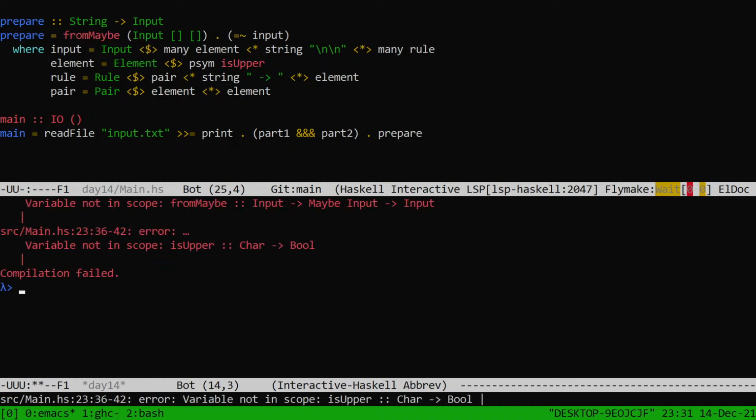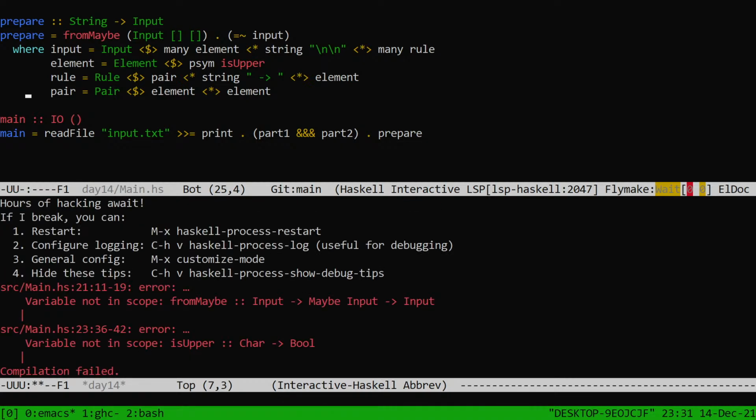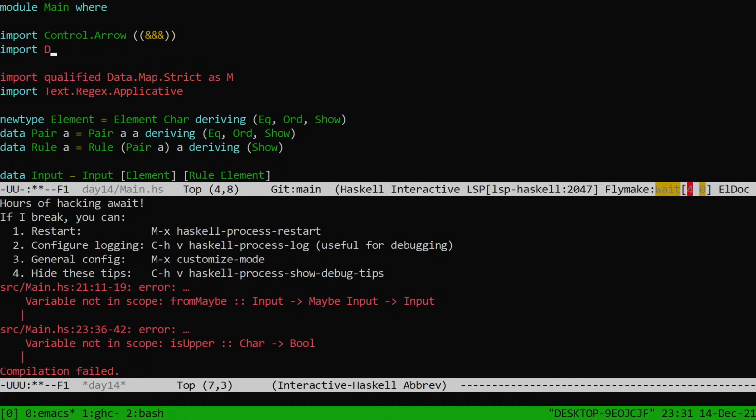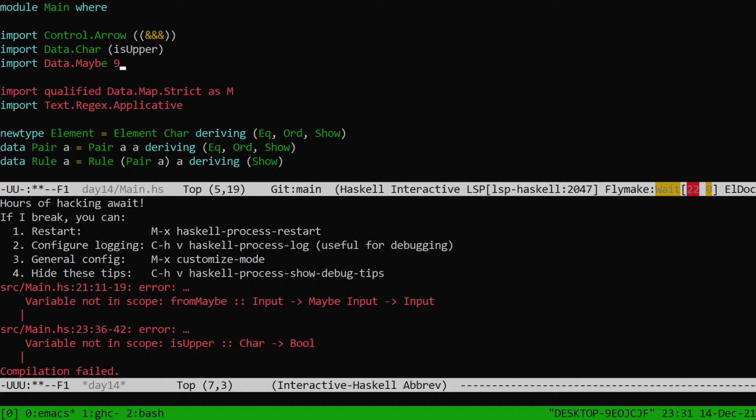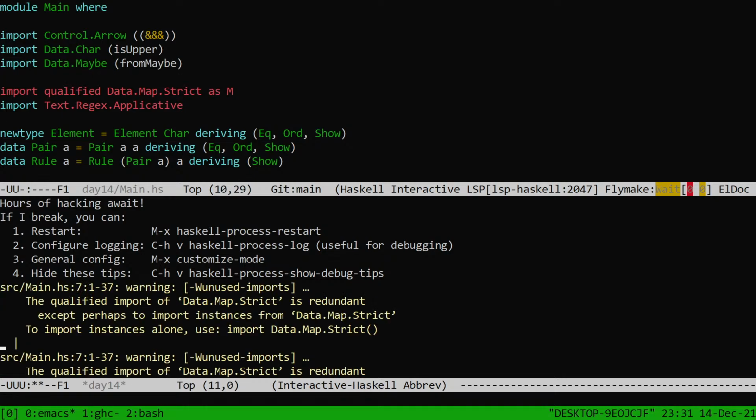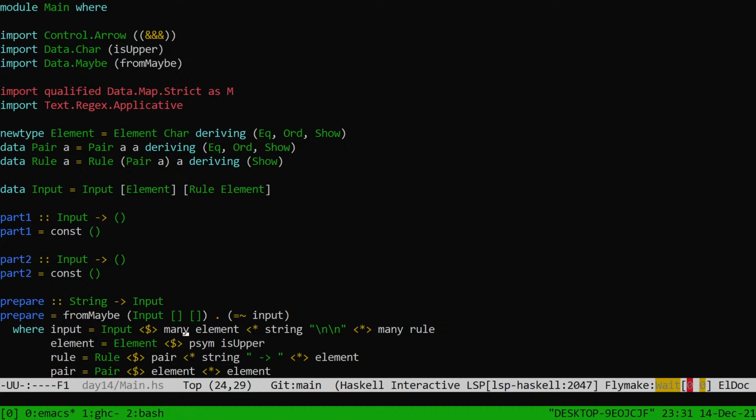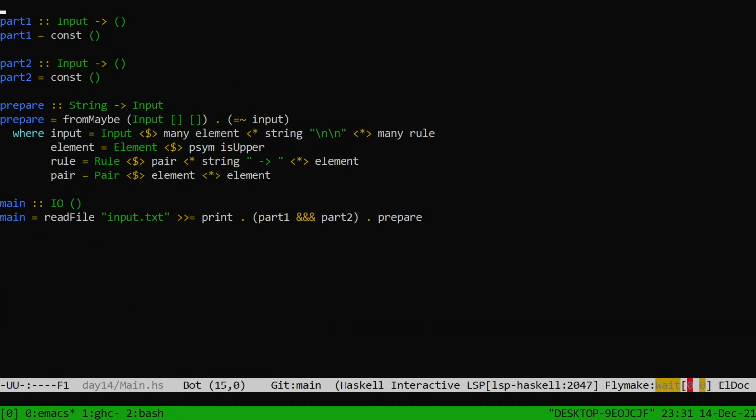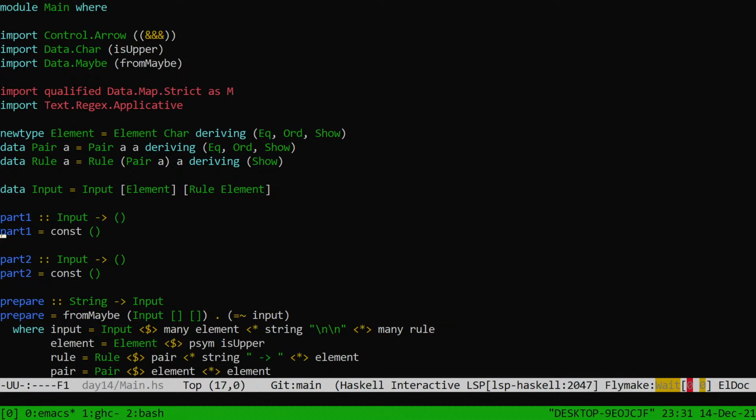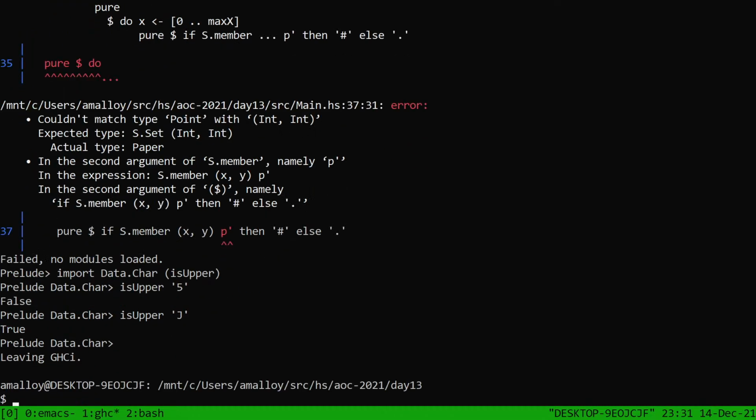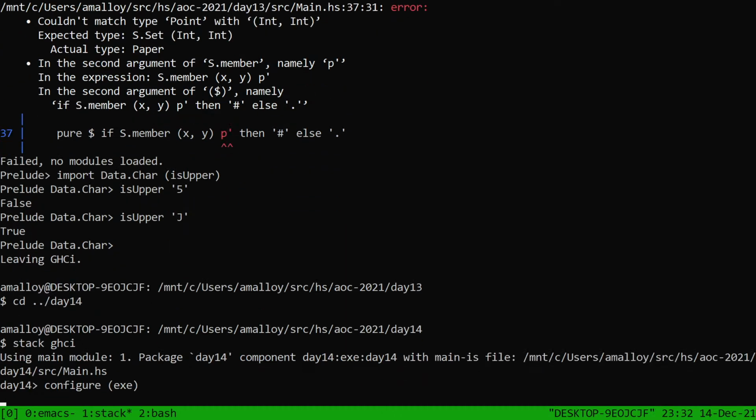Now it shouldn't compile because there's various places I've not written stuff. Okay, so from maybe isUpper we need import Data.Char isUpper, import Data.Maybe fromMaybe. Really? Just warnings? Oh, yeah, I guess that's true. I'm done writing prepare. And so the input types match up. Okay, yeah, it is just warnings. Okay. Let's get a GHCI shell in the right place so that we can test